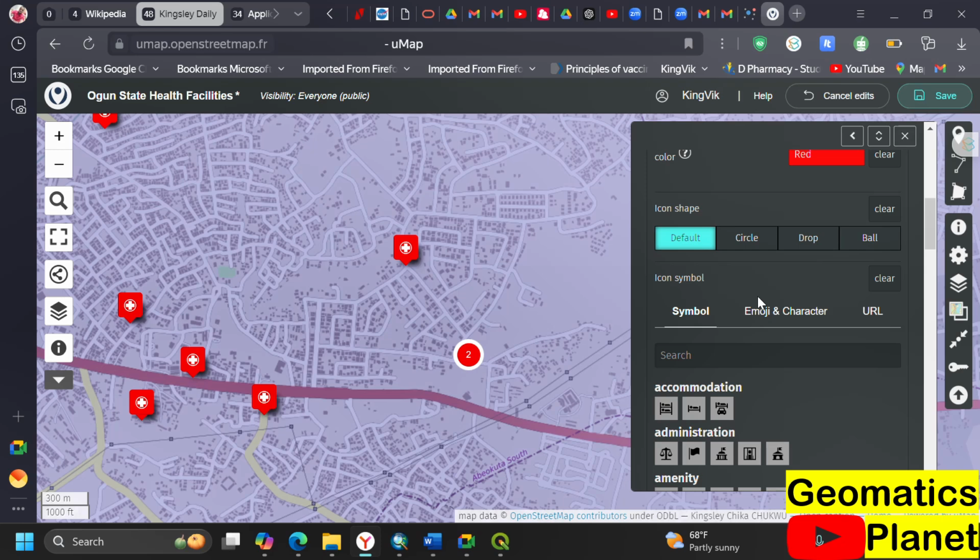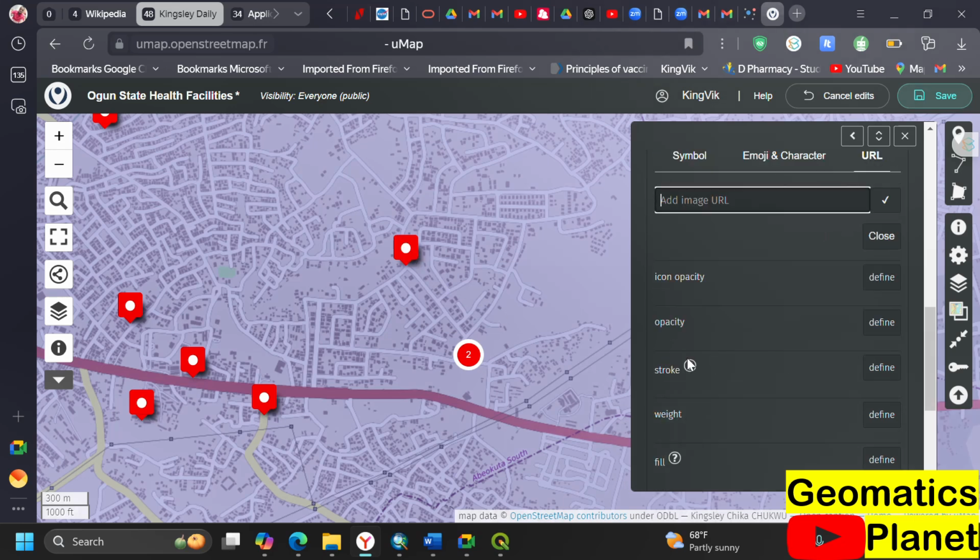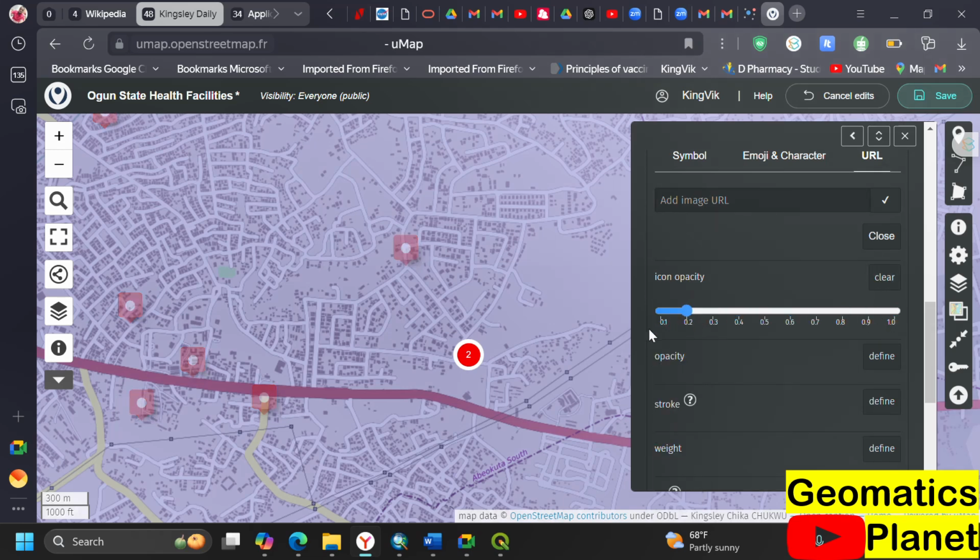Okay. Now, you can also define your own symbol. You can import emoji you have. You can also use a URL for an image. Assuming I want to use my picture on it, I can upload my picture and use the picture here as an icon. Is that okay? Yes, sir. Then in terms of opacity, icon opacity is how it's going to be. If I take it like this, it's off. If I take it like this, it's